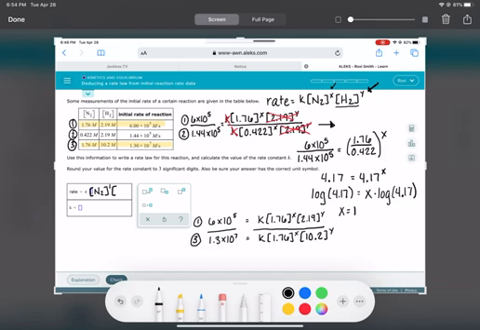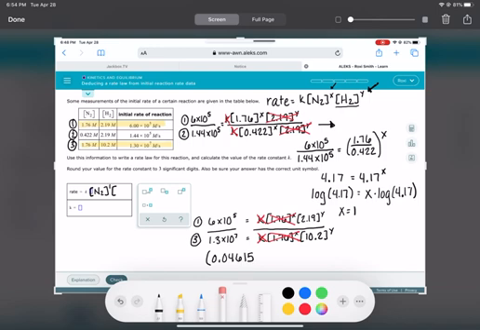Now you might be saying, well, we know what x is. Why aren't we plugging x in? Well, whatever x is, we're just going to cancel it out. So why bother actually plugging it in? We're just getting rid of it. So now we have some math that we can figure out. 6 times 10 to the 5 divided by 1.3 times 10 to the 7 works out to be